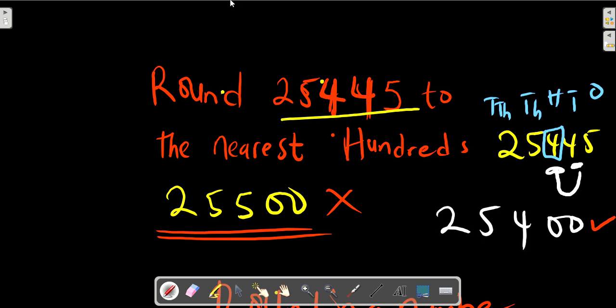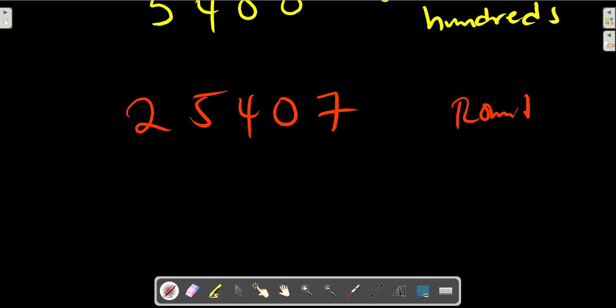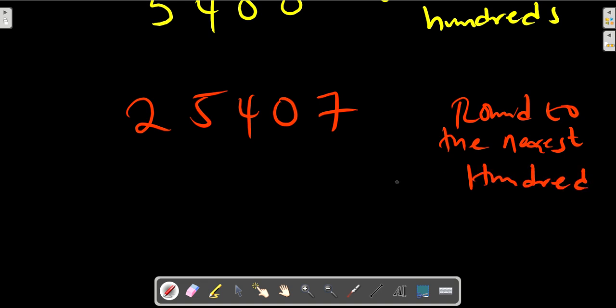So that's it about rounding, and you could try out some of these questions and comment your answers in chat. I'm going to write 4507 rounded to the nearest hundreds. I want you to round both these numbers to the nearest hundreds. Let's try